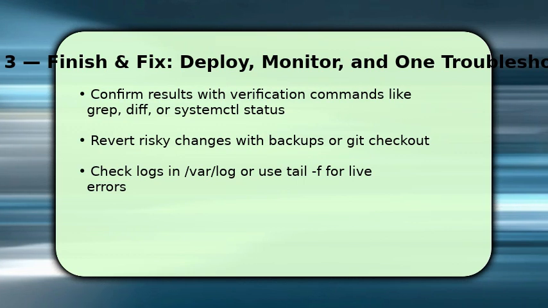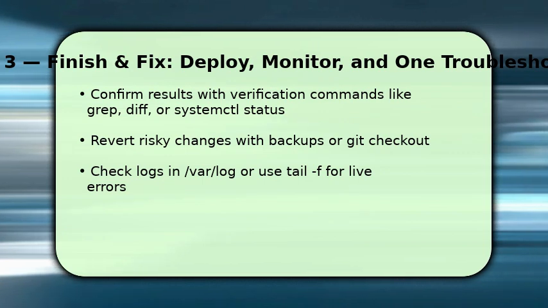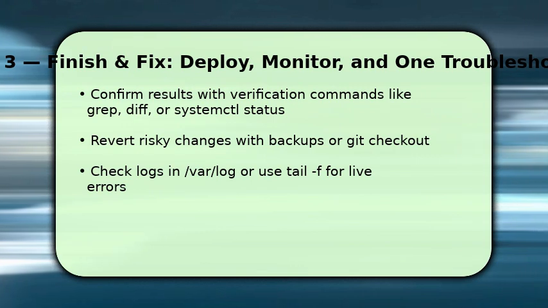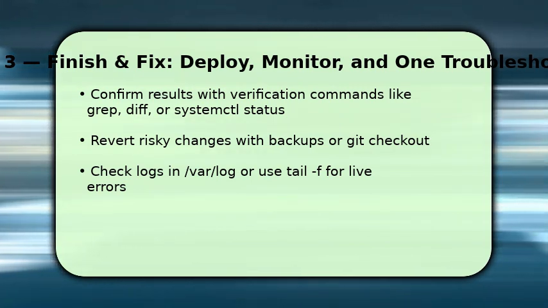If things go wrong, revert using backups or version control, and inspect logs with tail -f or journalctl -u service to find errors. One key troubleshooting tip: replicate the failing command with verbose or debug flags to reveal what changed. Then fix the smallest failing step and